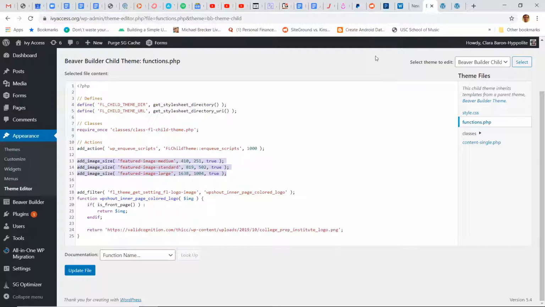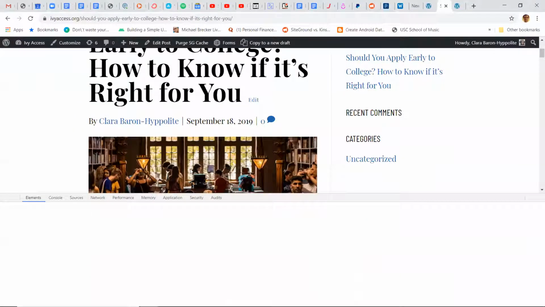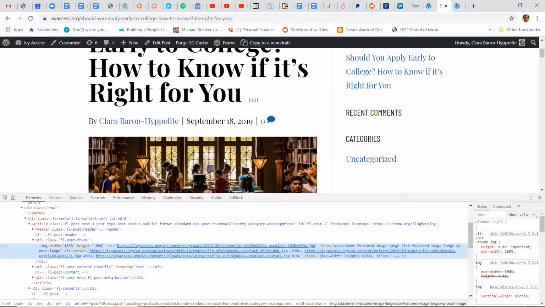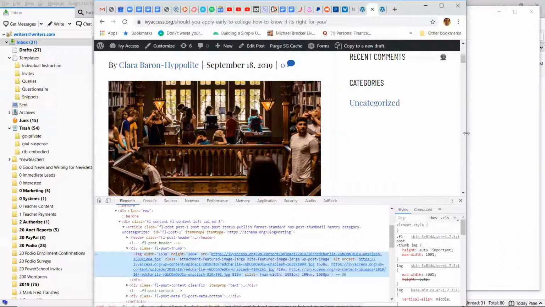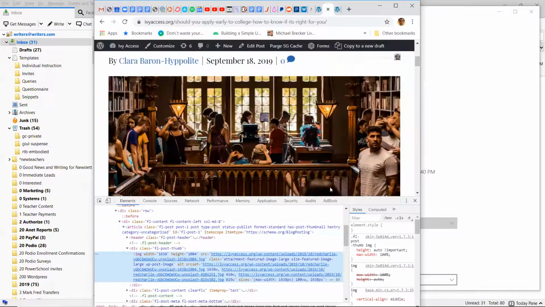Here, I just saw something in the chat. Cool. Yeah, I did exactly what the question was asking, which is I registered a featured image standard size, I registered a featured image large size, and I registered a featured image medium size. And this 819 by 502, this is the size that the thing is in its standard form. Like it's never wider than 819. Like here, if I narrow my screen a little bit and get the sidebar to go away, you can see it widens out to, anyway, I actually think I'm wrong. I think it gets as wide as 822.